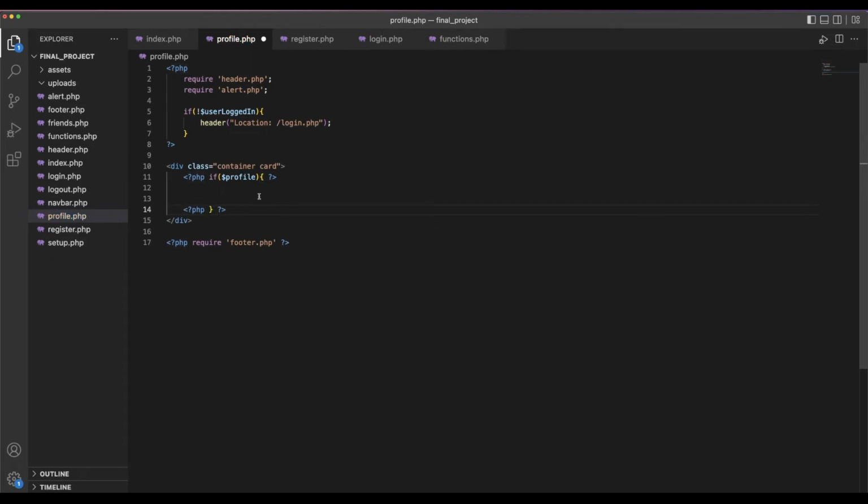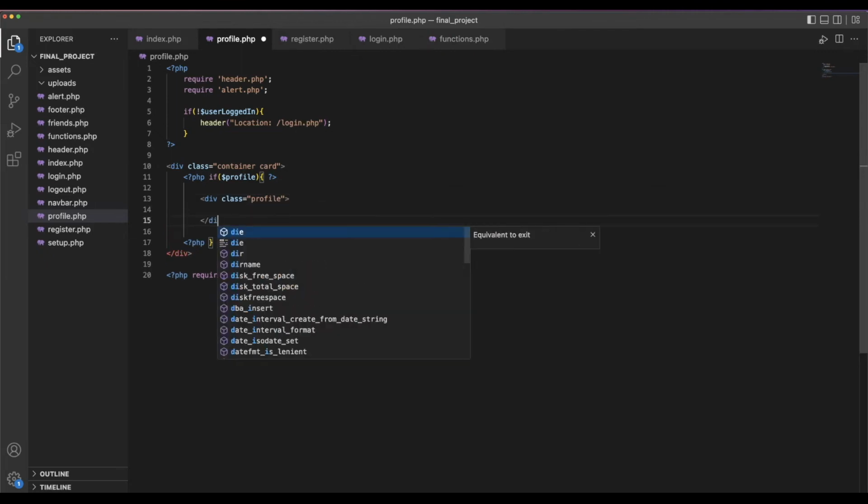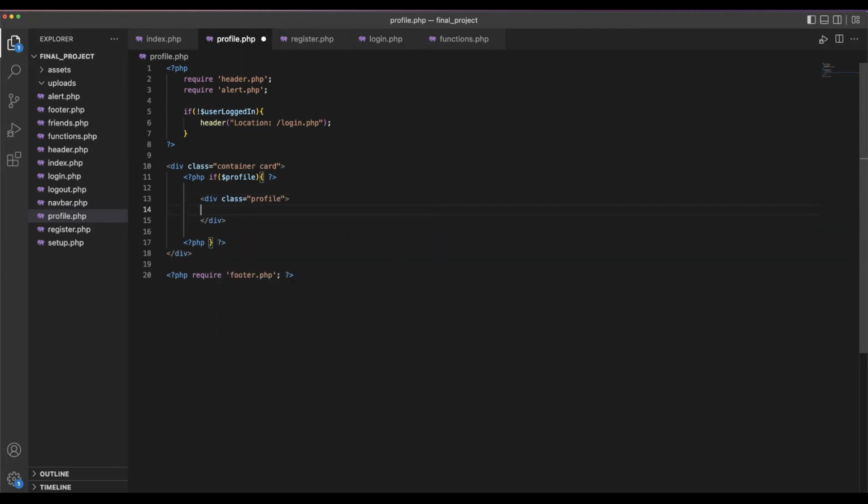I'm seeing that I missed a semicolon here, so I'm going to add it and then go back here. So anything inside of this will run if we have a profile, and we're going to write div class profile, and inside of that is basically the profile data. So we'll do div class profile info,